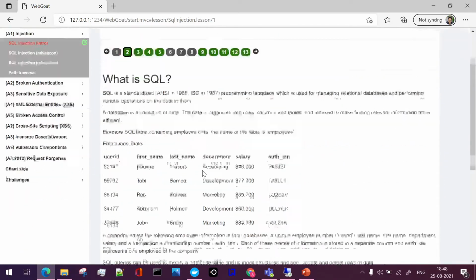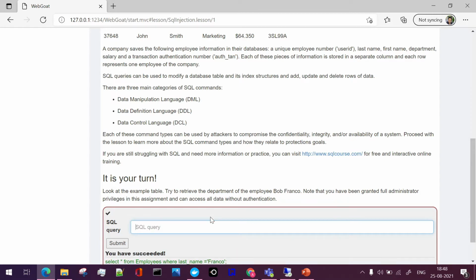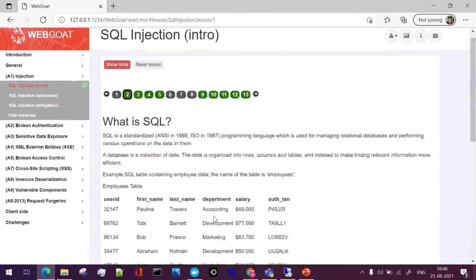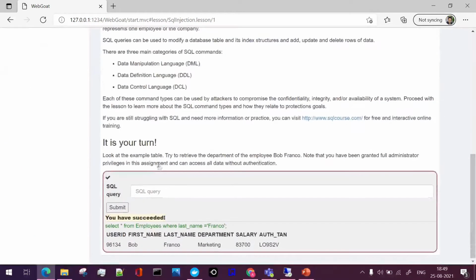When we have clearly given select star from employees where last name is equal to Franco, once your query is successful, it will give us the You have succeeded message, and this particular tab will turn green. It shows that this section has been completed with the example present here.